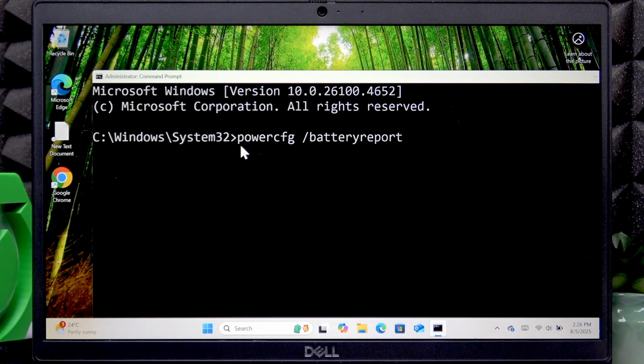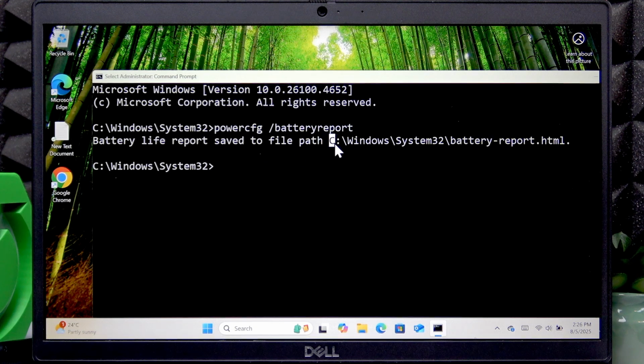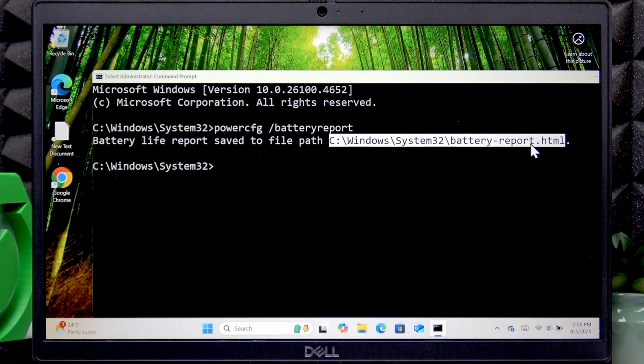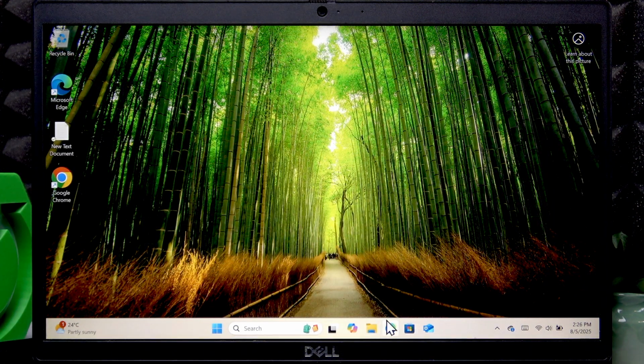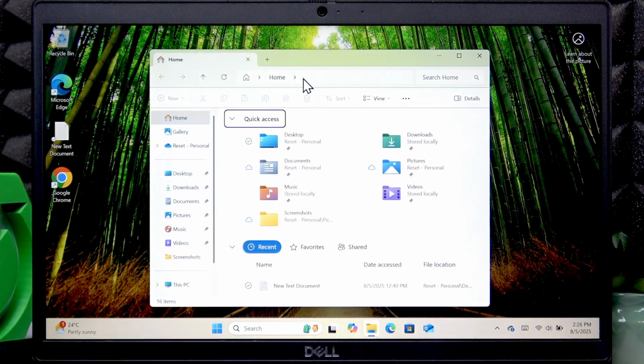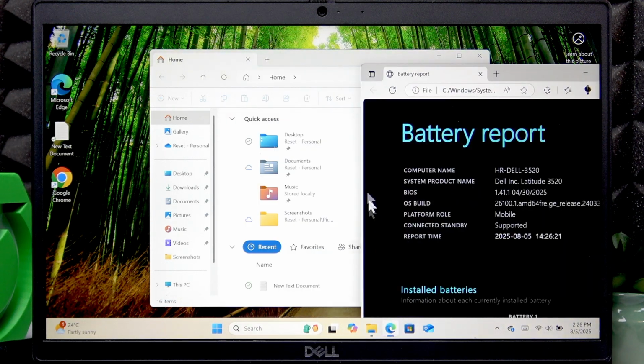Once you input this command, press enter, then select this path and right click on it to copy, then open the File Explorer, paste this path right here and press enter, then use a browser to open the link,